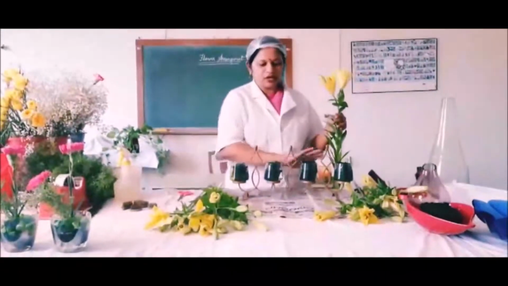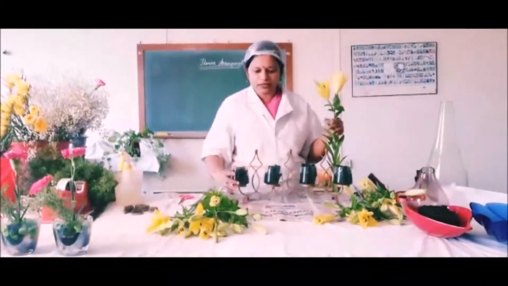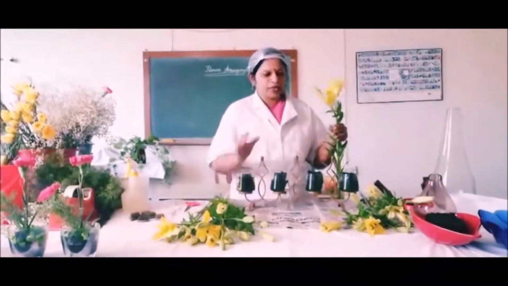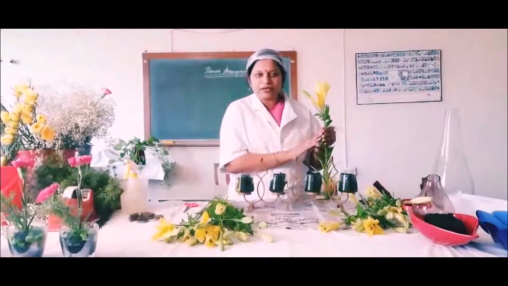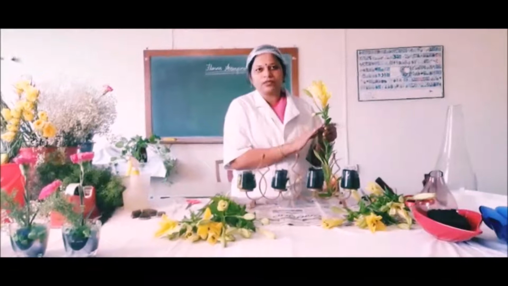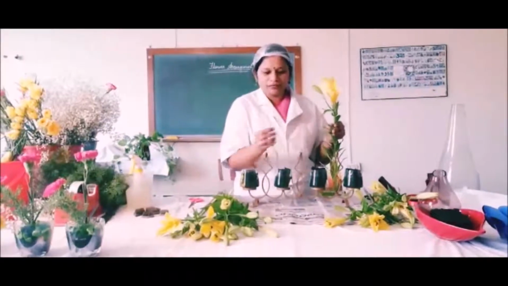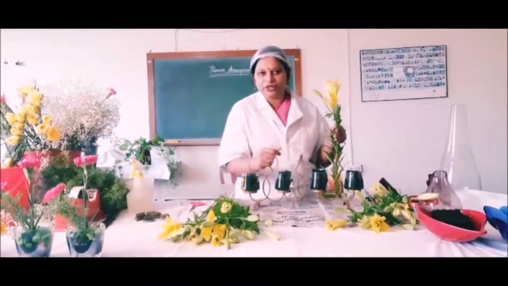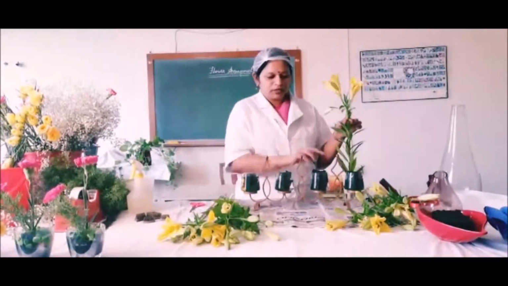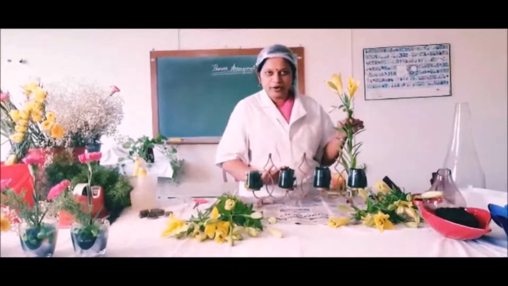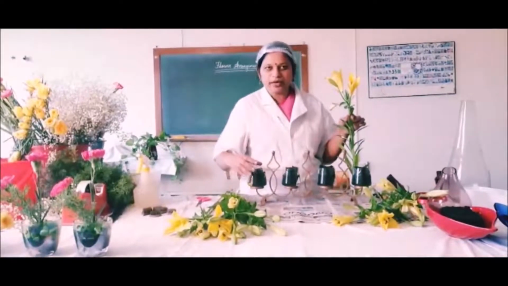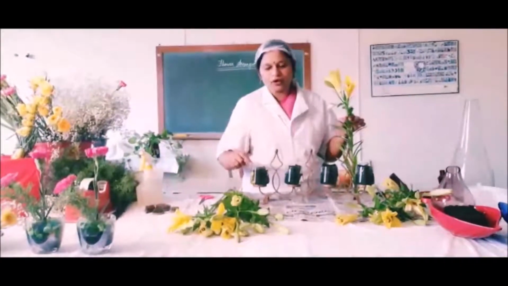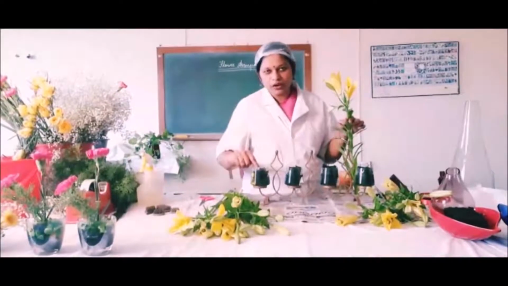Proceeding to the next arrangement, which has a stand with 4 containers on the same stand. I have chosen the most expensive flower, that is Asiatic lily, and I have chosen a yellow color because of its positivity. As we have all learned, yellow seems to give a positive energy. So yellow color with foam already filled in it, and I am going to fill this with yellow pebbles to give a contrast look along with the foam.